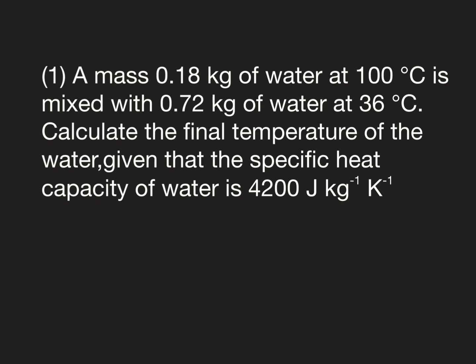Welcome back. In front of us, we have a question that reads: a mass of 0.18 kilograms of water at 100 degrees Celsius is mixed with 0.72 kilograms of water at 36 degrees Celsius. Calculate the final temperature of the water, given that the specific heat capacity of water is 4,200 joules per kilogram per Kelvin. Solution: